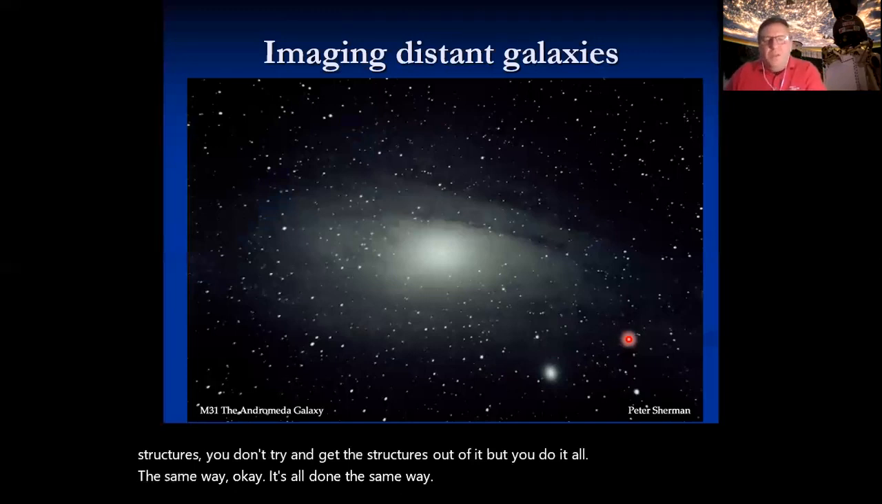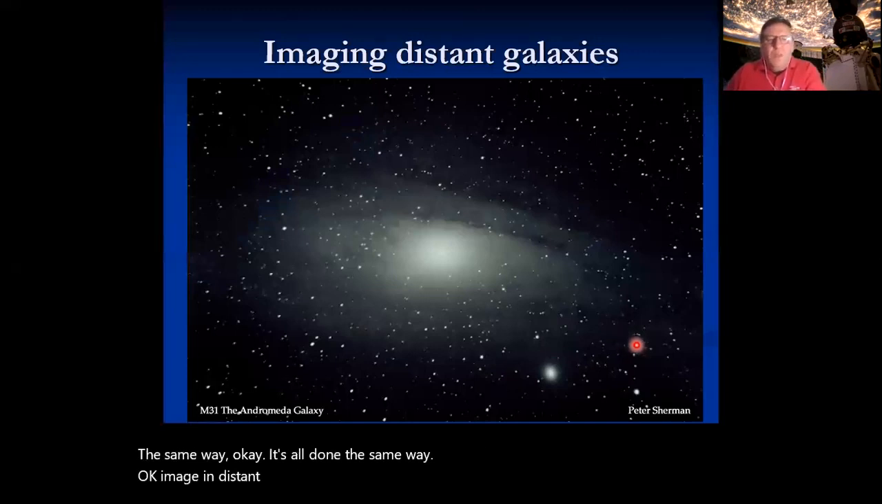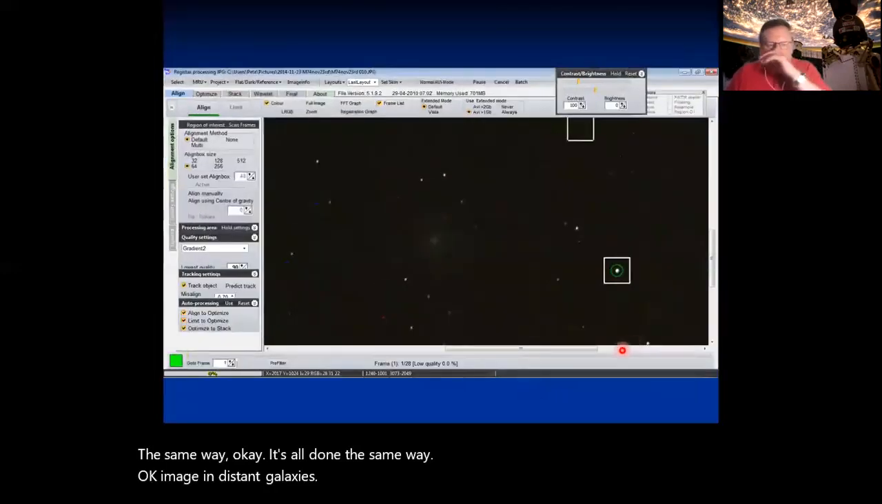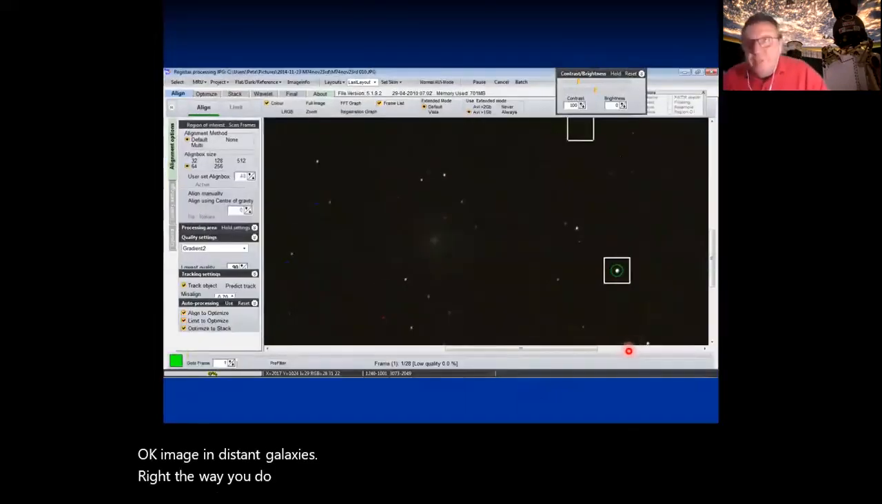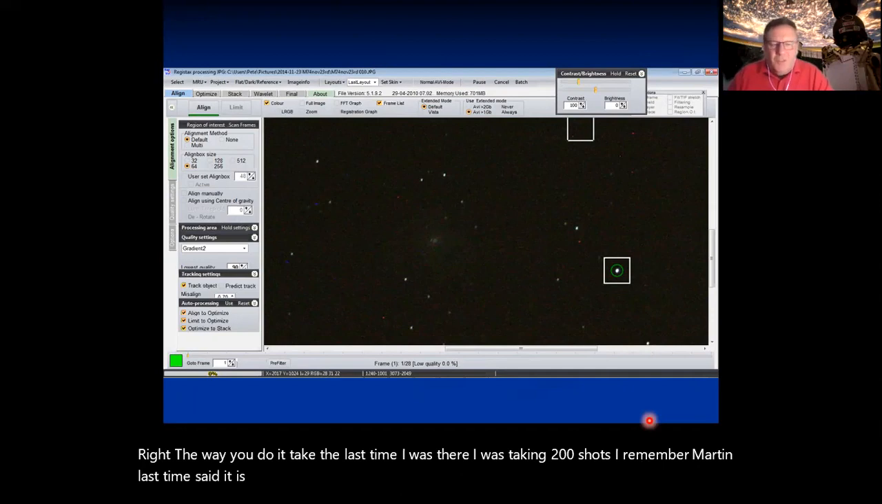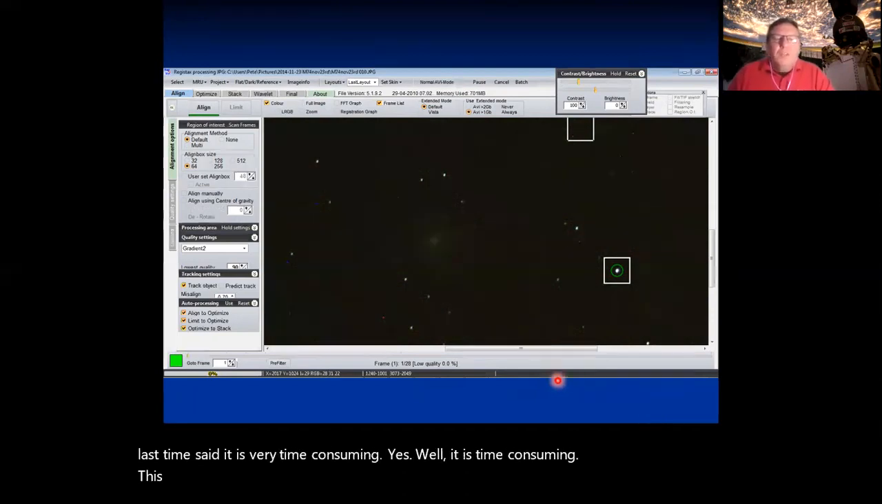Okay, imaging distant galaxies. The way you do it, as I say, the last time I was out, I was taking like 200 shots. I remember Martin last time said it's very time consuming. Yes, well, it is time consuming. This is what I did a few years back, actually, this one, to show you. But when you get these single frames,